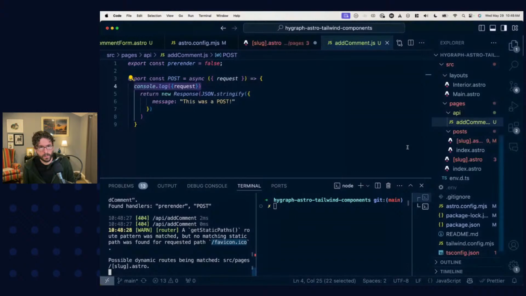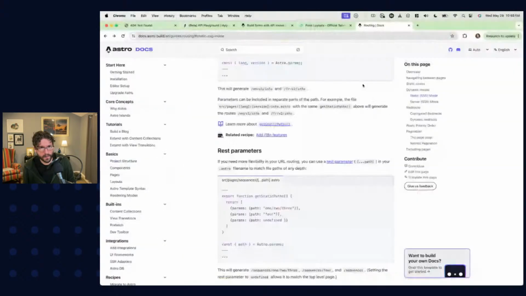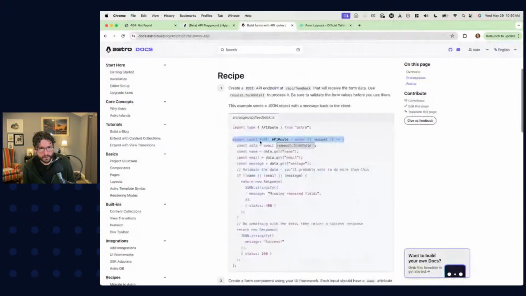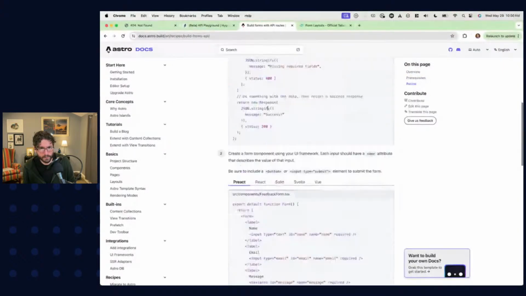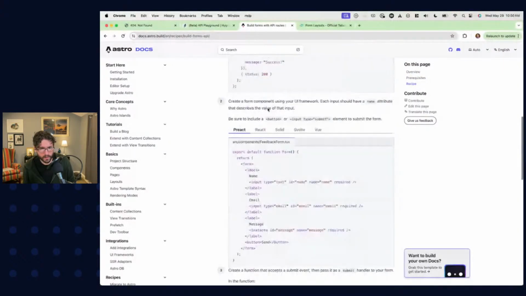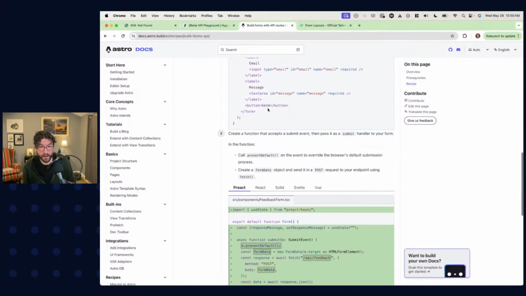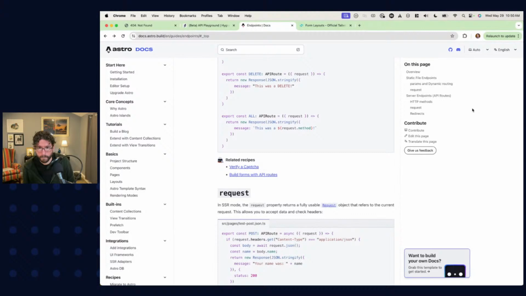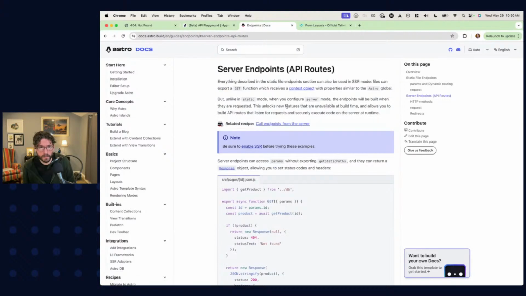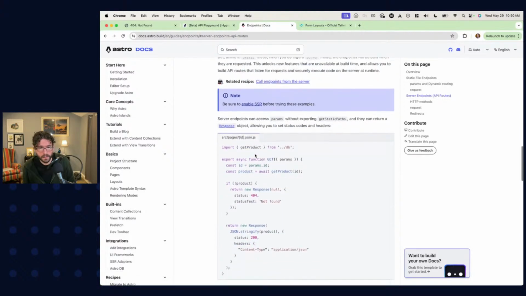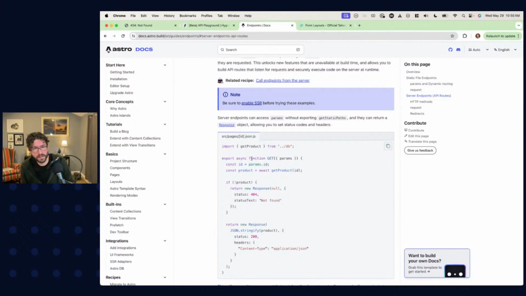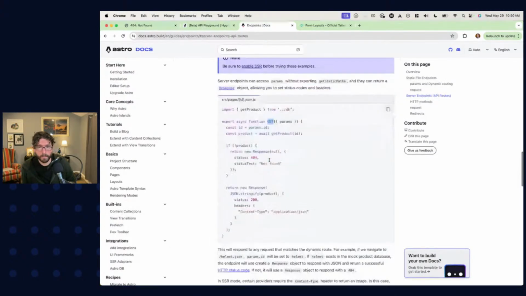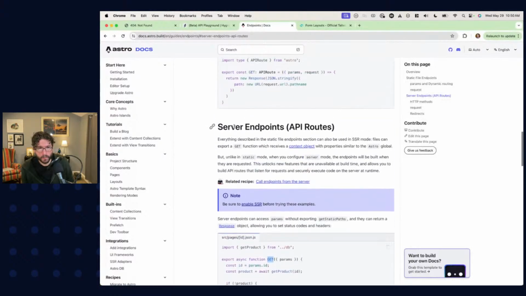All right, so let's go back. Don't need anything about routing. So this feels to me like we're not actually in hybrid mode. It feels to me like we're not actually catching this route. So that means let's go back here and let's figure out what might be going wrong. So we export an async function that has the get or the post, and then we do stuff inside of it. But before that,